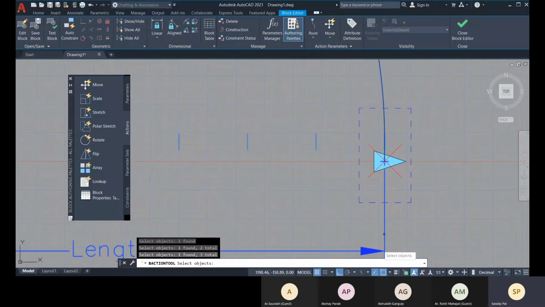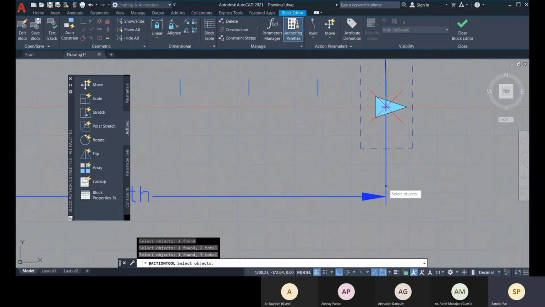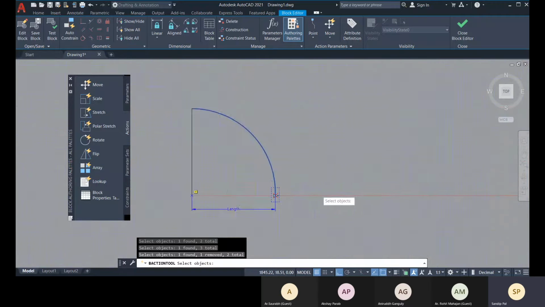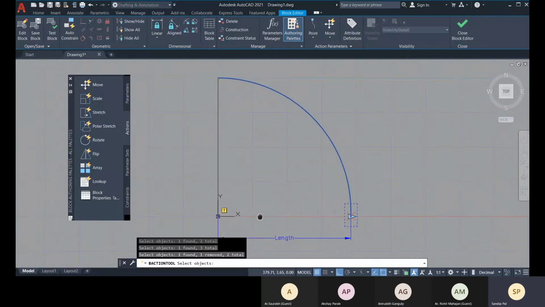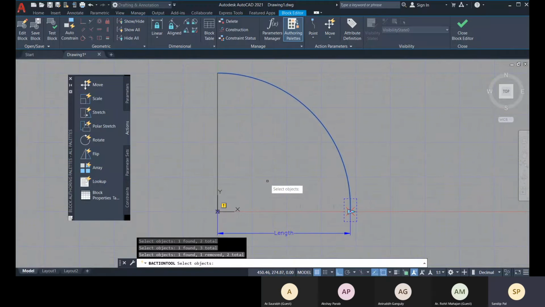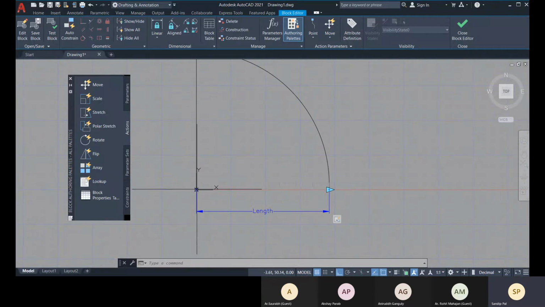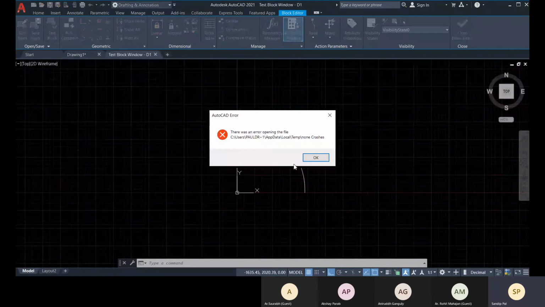yes, this line is selected. I don't need that to be selected, so I'll deselect it. Okay, so that part will be stretched, and press enter. Now here you can see there was a yellow exclamation symbol, and now it comes with this stretch. That means this action is assigned with this parameter. And if you go to this test block,